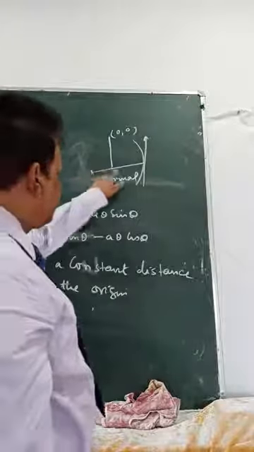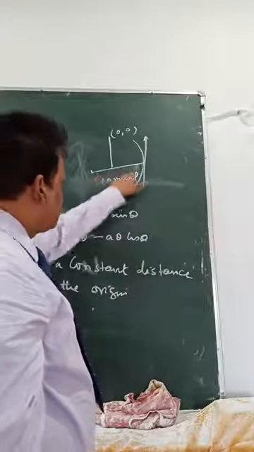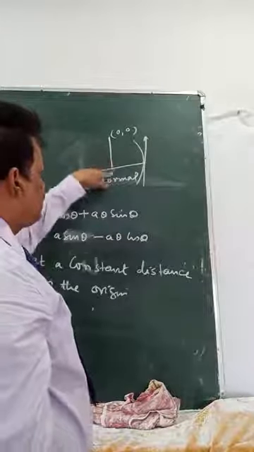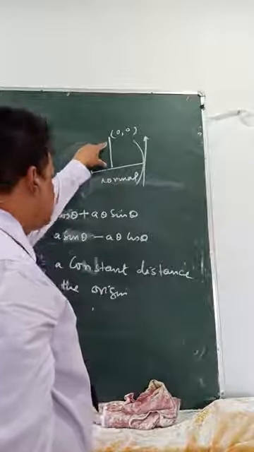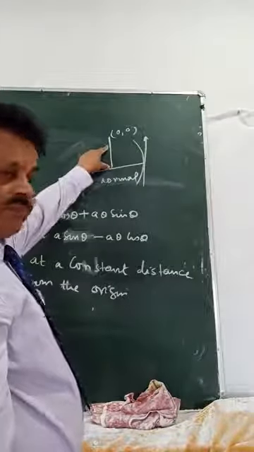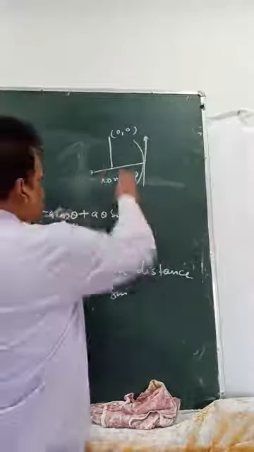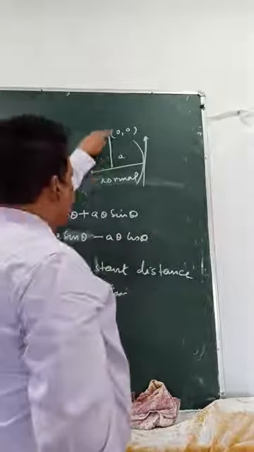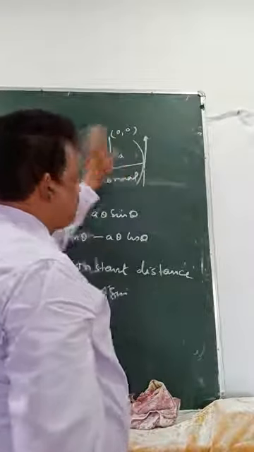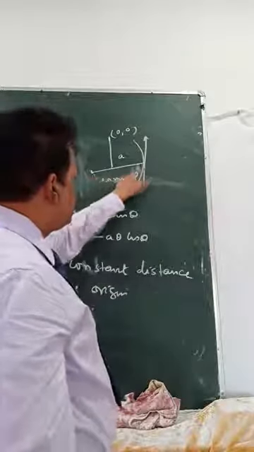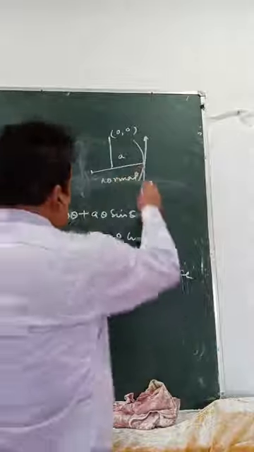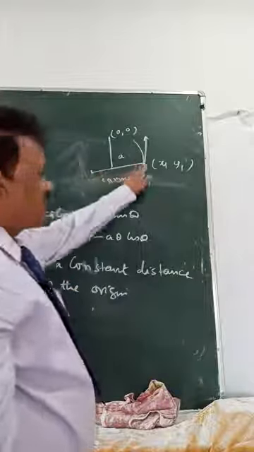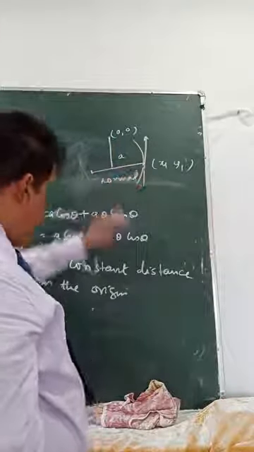So first you should know what is the equation of the normal. If you know the equation of the normal, then you can use the distance from a point to the line formula. Then you can find out this is constant. Constant means here A will come out. The answer will come in terms of A. That is called constant here. So you have to prove that from 0, 0 to the normal, the distance is A. So for that you should know the equation of the normal to the curve. For that we should have a point x1, y1 and we should know the slope of this normal. Then only you can find the equation of the normal.